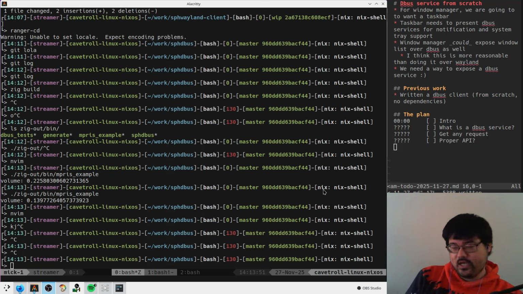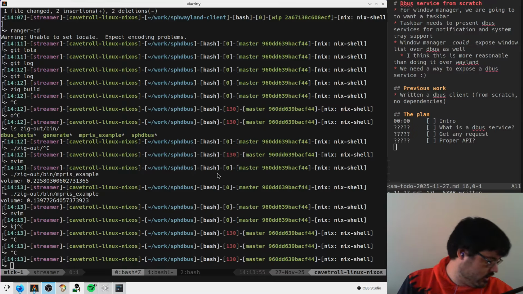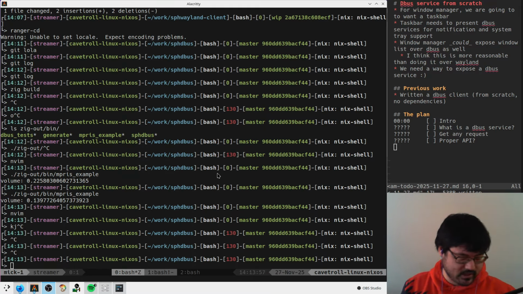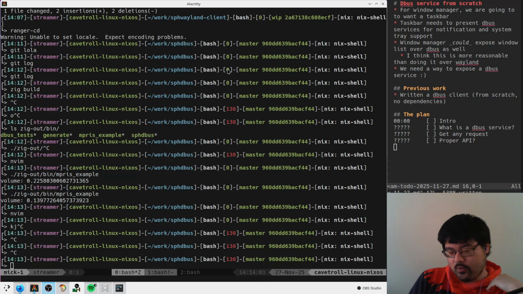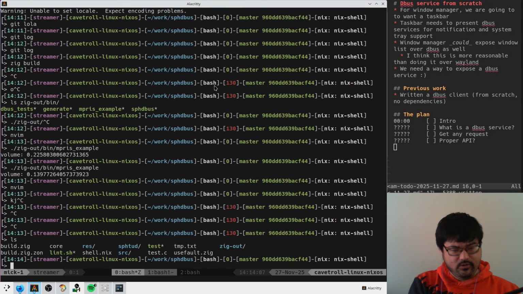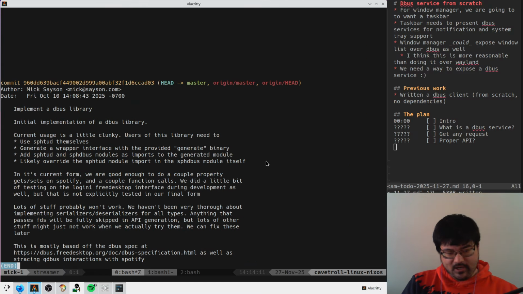Welcome back. Today we are working on writing a dbus service from scratch, in quotes "from scratch," because we do have some previous work that we're standing on, where we've written a dbus client from scratch. So we have this repo, svdbus, and in here we have a single commit where we talk about how we implemented a dbus client, and